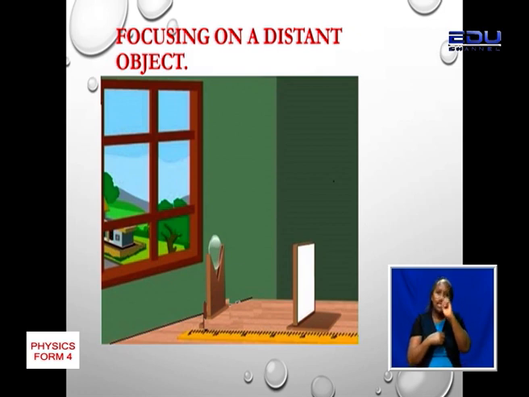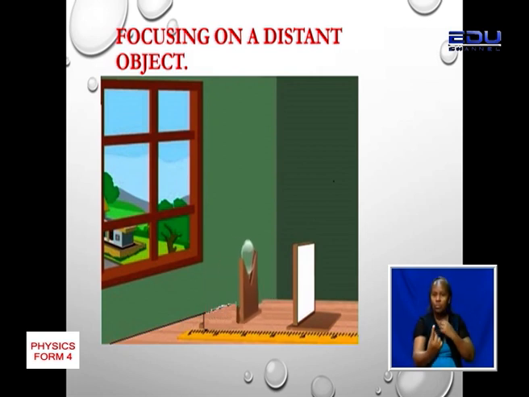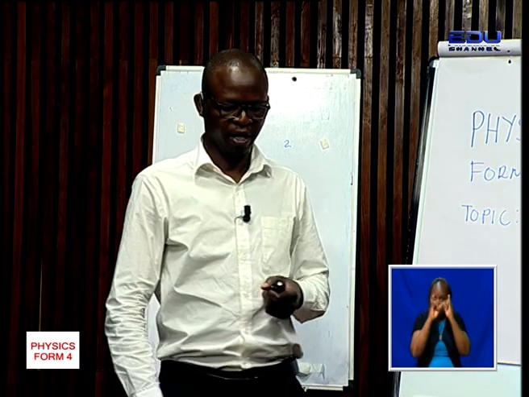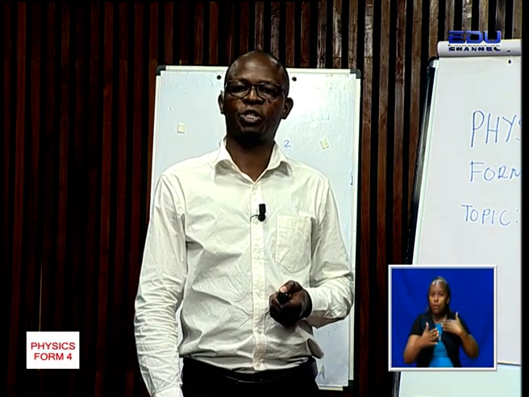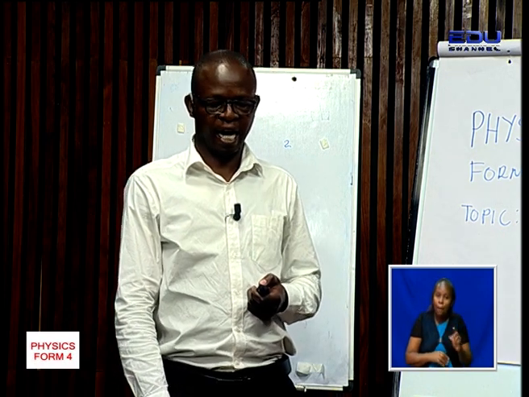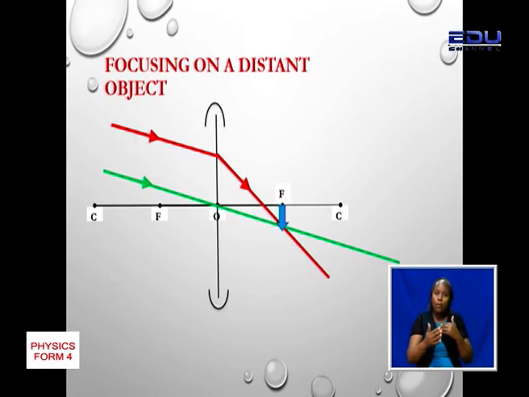And so we move the lens to and fro so that we can get a sharp, clear image formed on the screen. And once the sharp image is formed on the screen, then we know how it behaves from our previous topic. This is a situation whereby the rays are coming from infinity. You can see that we have parallel rays that are coming from infinity, and the image is formed at F, which is